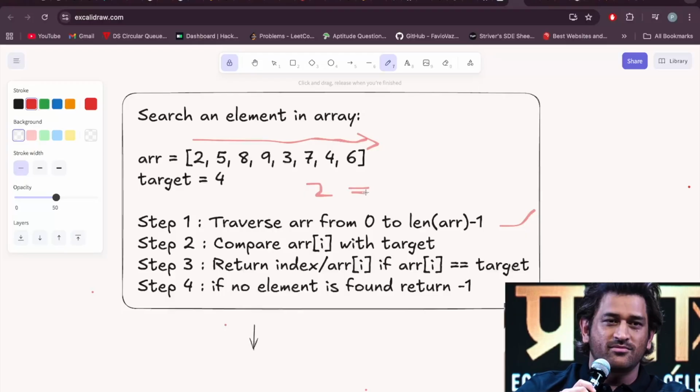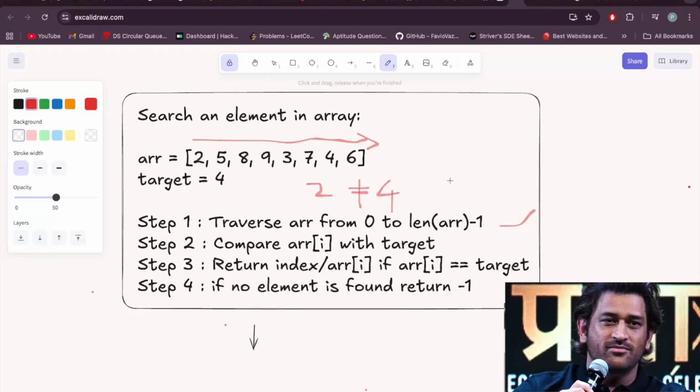If 2 is not equal to 4, then we will compare it with the next element, 5. So 5 is again not equal to 4, then 8, then 9. So when 4 is equal to 4, we will return the index or the element according to the problem statement. Whatever. Mostly we will return the index